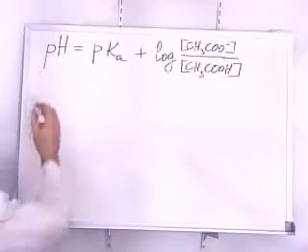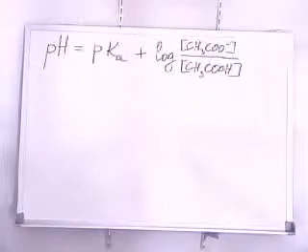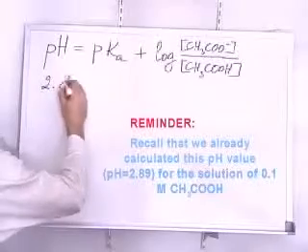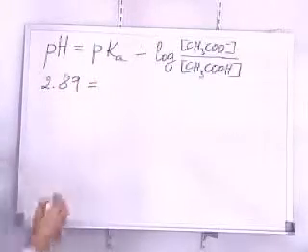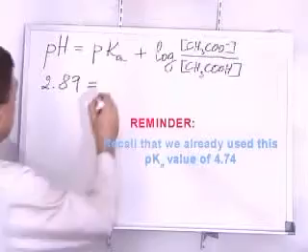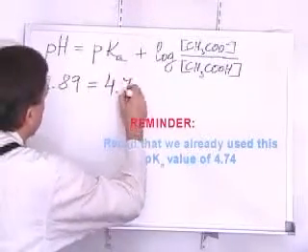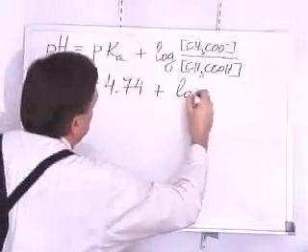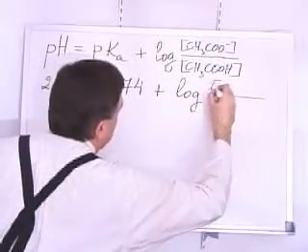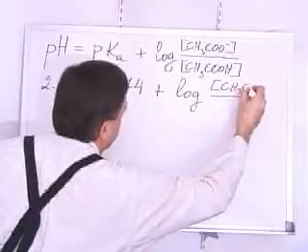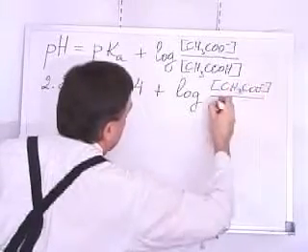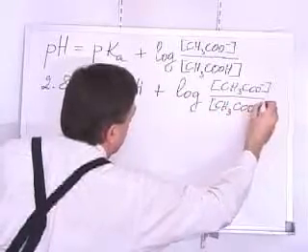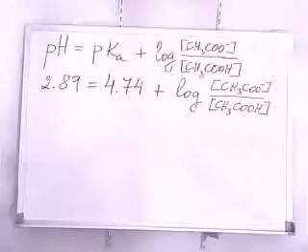We can substitute in the last expression pH 2.89 and for pKa 4.74 plus logarithm of CH3COO over CH3COOH, and now